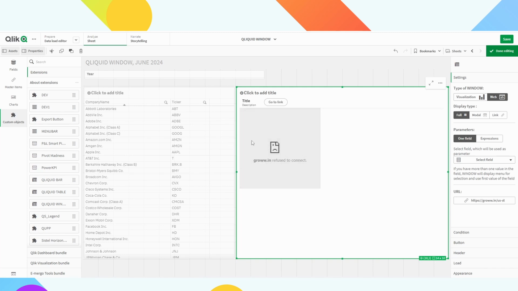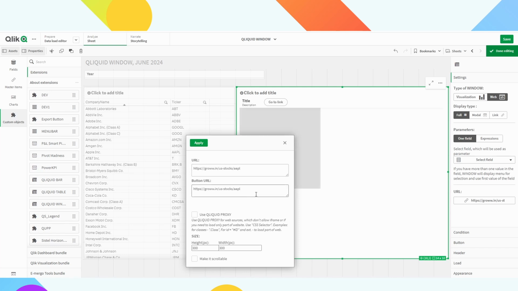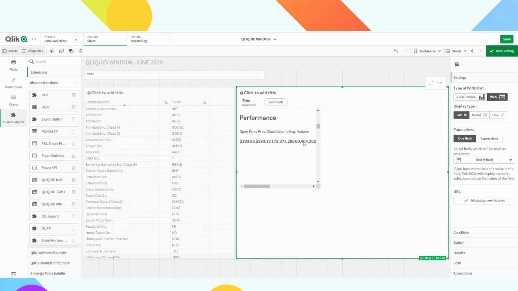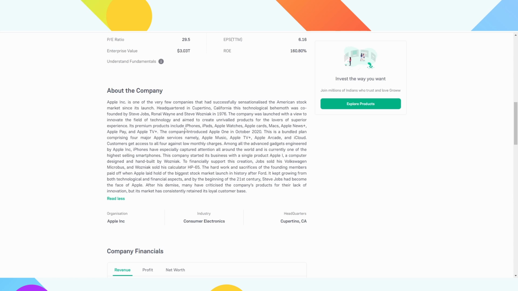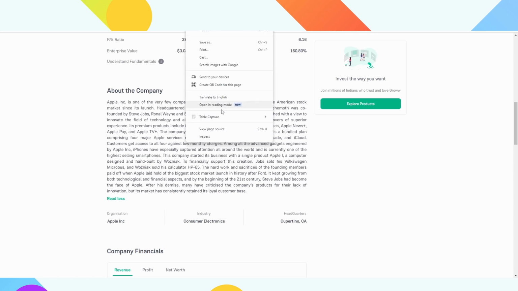To solve this problem, we created the QLIQUID proxy, which allows you to load the data using an iframe. Click Apply and we'll see the data is loaded. Because we use the QLIQUID proxy, we can also use a CSS selector and load not the whole site but only a part of it. So let's go to the website, right click on it and click on inspect,